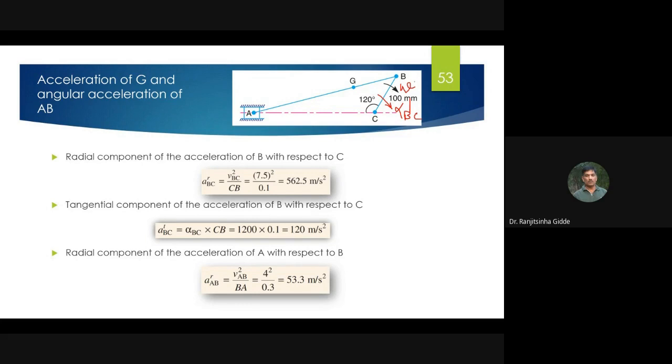So omega is given, so from that we got the value of velocity. Again, to find out its acceleration component, we need to have one component along this line and another component perpendicular to this line. Now, as they have given the angular acceleration, then there are two components. So in the previous slide, what we have seen,